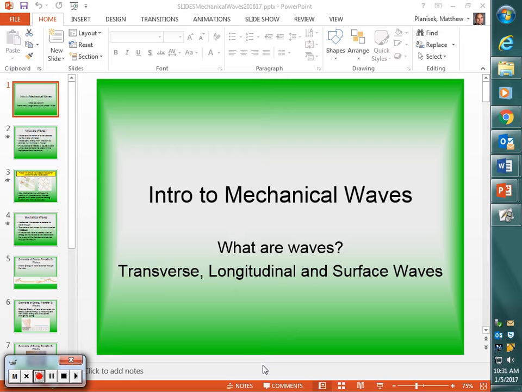Yesterday, we introduced the concept of waves. So first, let's describe a wave. What is a wave? It's a disturbance in matter, a motion of a disturbance. But maybe more importantly than what is a wave, what does a wave do? It carries energy from one place to the other, right?